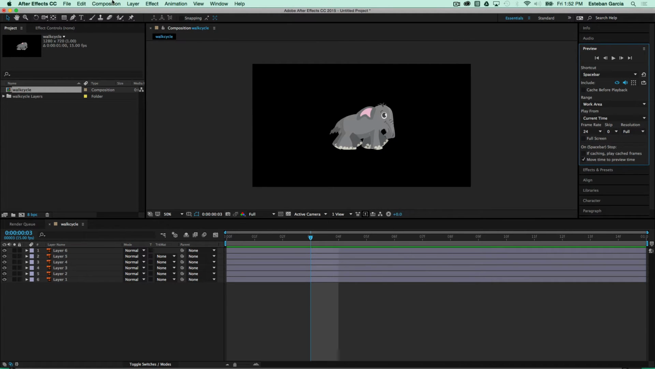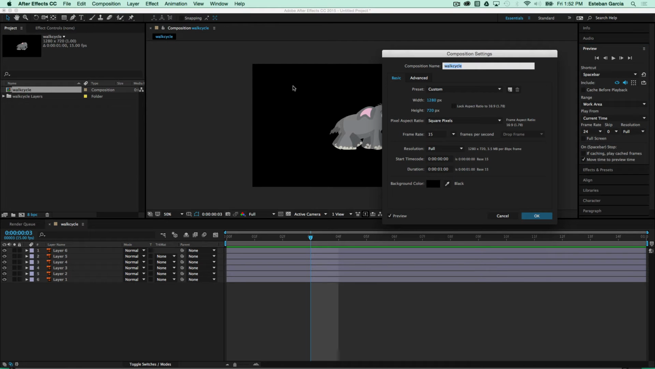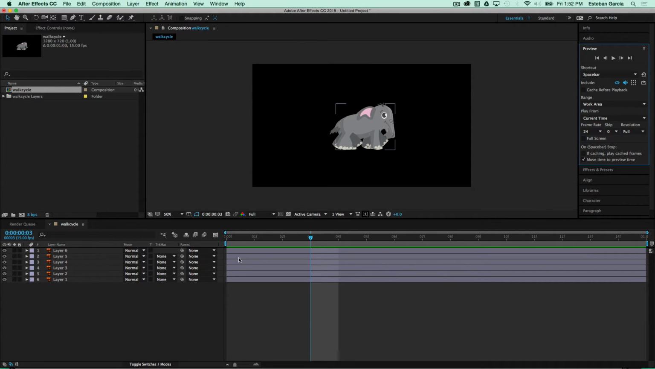Oh yeah, and the last thing that I forgot to change on my composition settings is the duration. Right now the duration is 1 second. It starts at 0 and ends on second 1. So it will roughly have 15 frames per second. It might have just 15 frames, which is okay. All right, so now all you have to do is take your comp